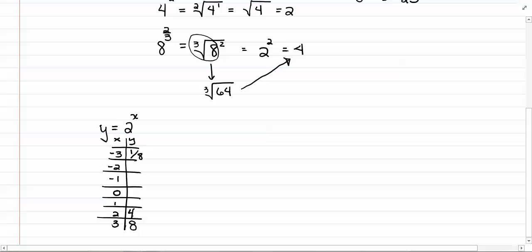2 squared is 4, so 2 to the negative 2 is 1 over, that takes care of the negative, 2 squared is 4. 2 to the 1 is 2. 2 to the negative 1. And then 2 to the 0 is 1. So if you plot this,